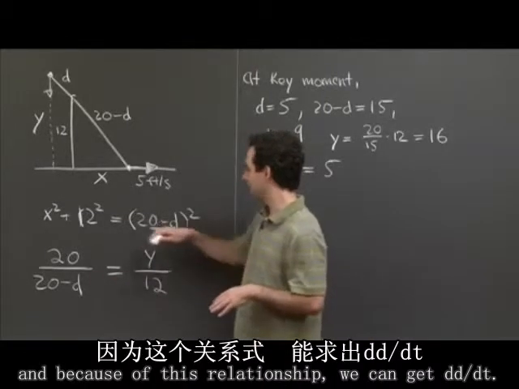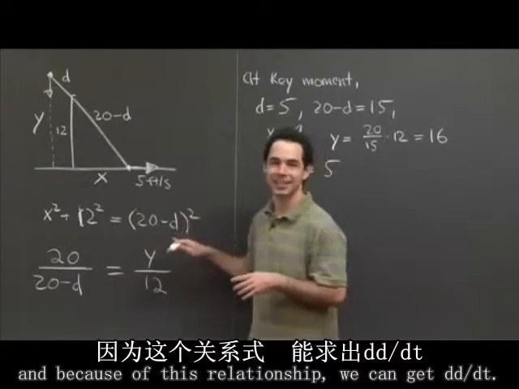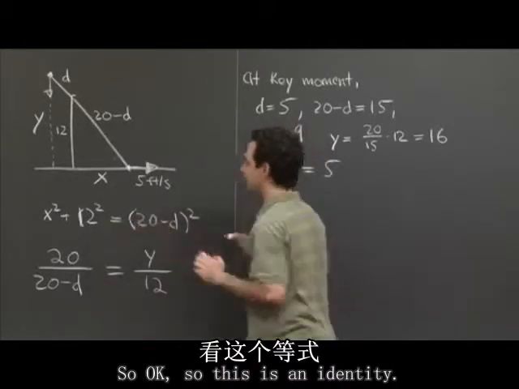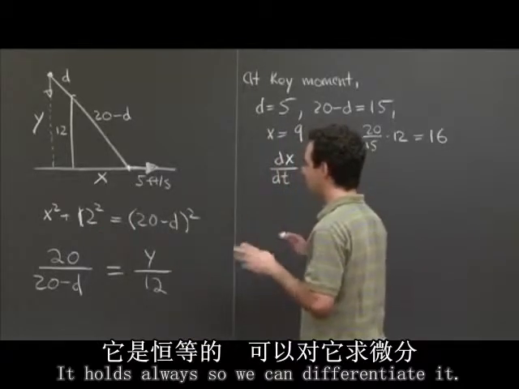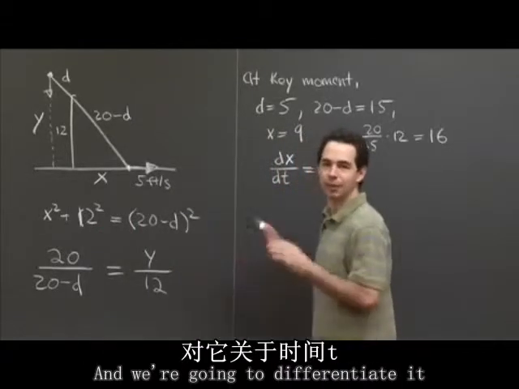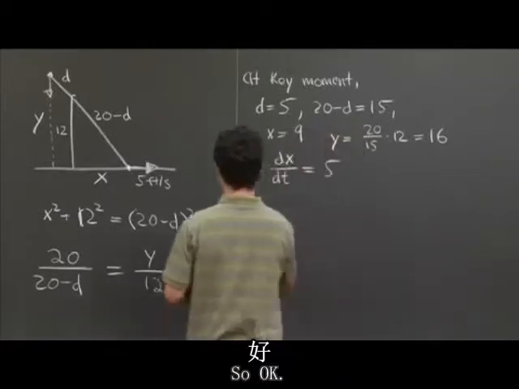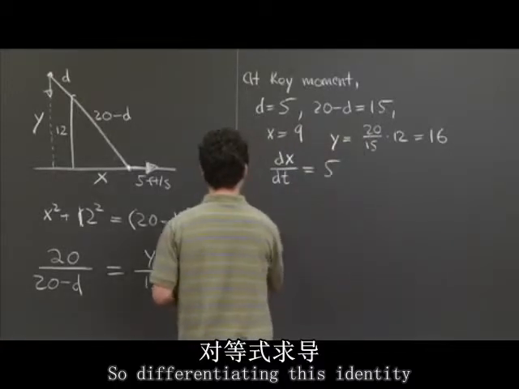And because of this relationship, we can get dd/dt. All right, so let's start off by doing that. This is an identity. It holds always, so we can differentiate it with respect to t. x and d are functions of t. So, differentiating this identity, I get